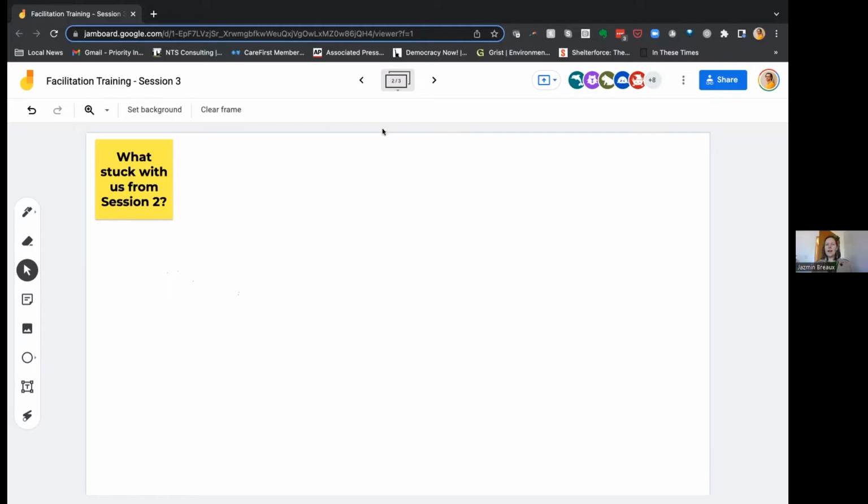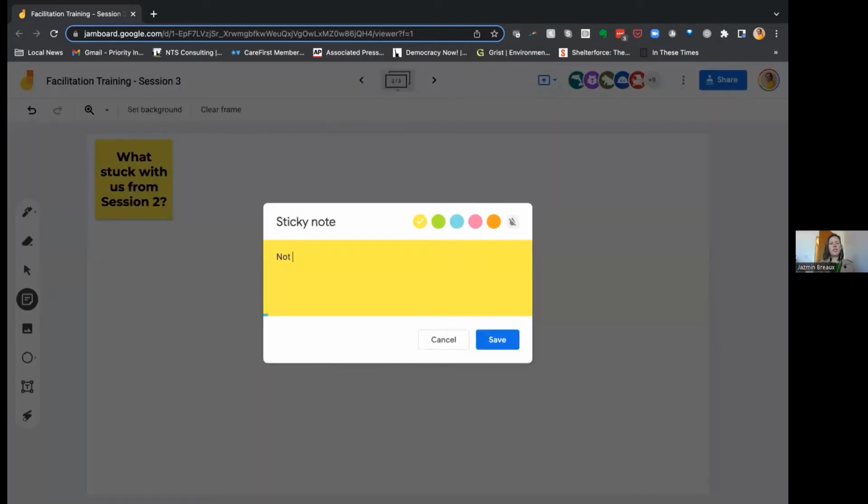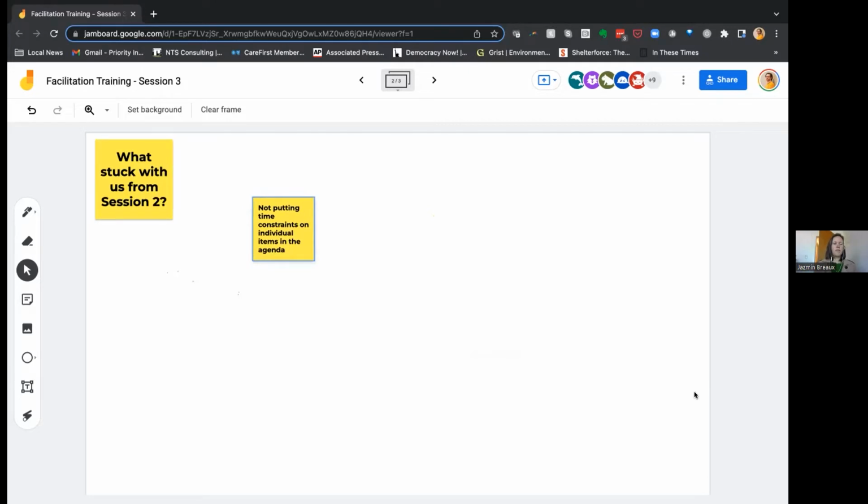Well, I wasn't at the last session, but I talked with my colleague who was, and I won't out him, but he shared with me a little tidbit that had stuck out to him, and I really appreciated that tidbit, and then I just used it in the discussion. But the agenda, not putting time constraints on the individual items, and kind of putting the ownership more on the overall facilitation to time manage versus perhaps restricting conversations if people think that they're out of time for that agenda item.